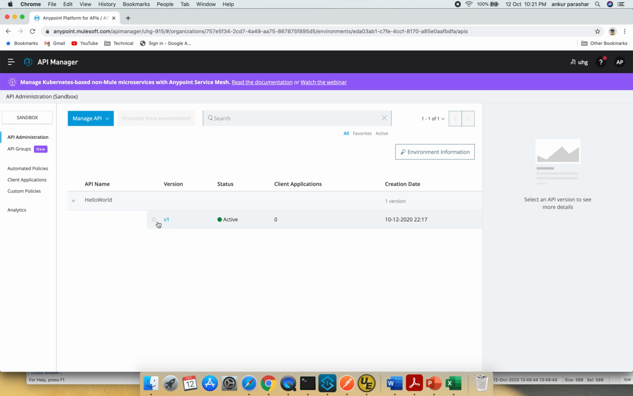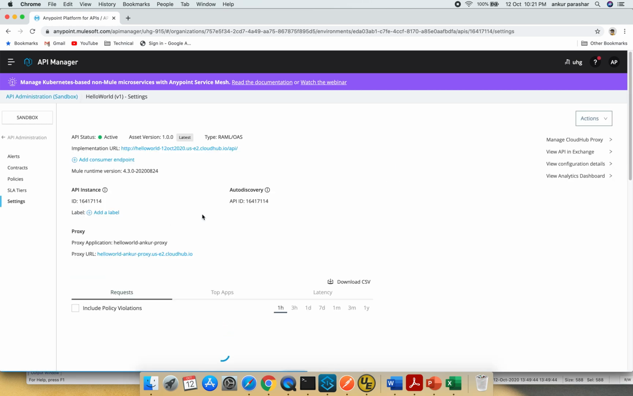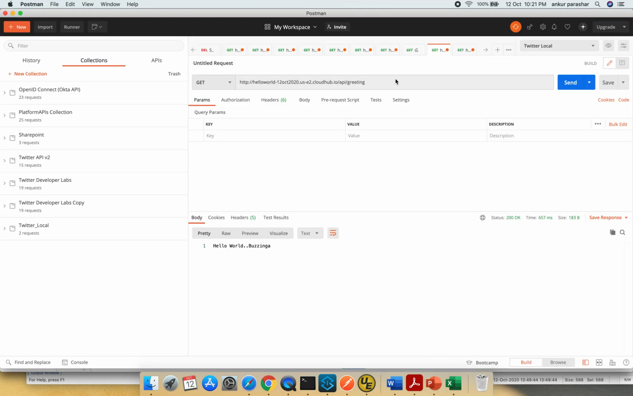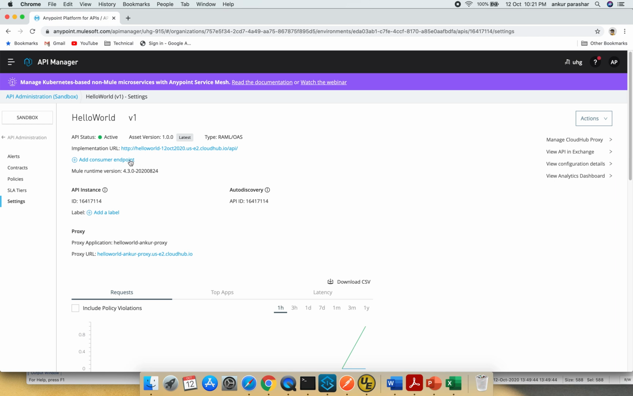It is now in the active state. So what we have done, I will add the consumer endpoint. So consumer endpoint will be this. This is the endpoint which you can give to any consumer and they will try to hit on this particular endpoint. This endpoint is going to call internally this particular implementation URL, which is the runtime manager, which is already running under